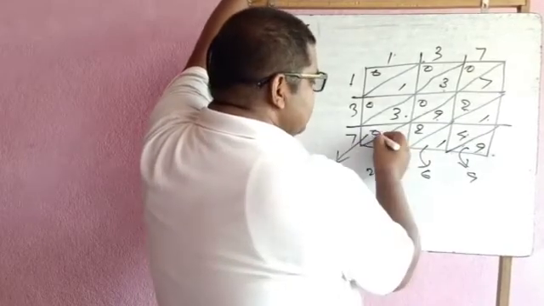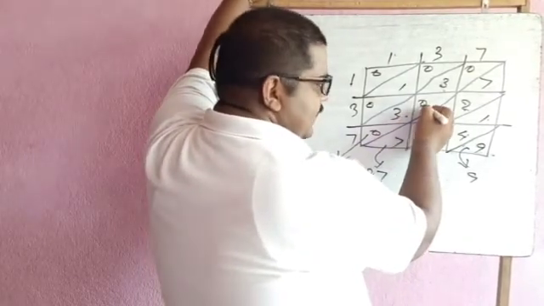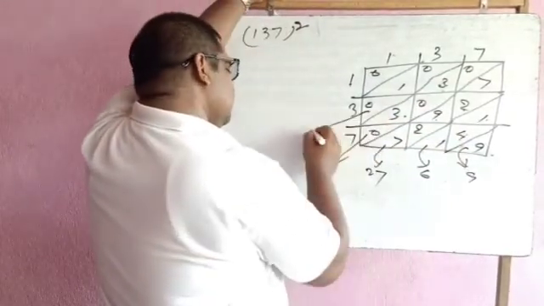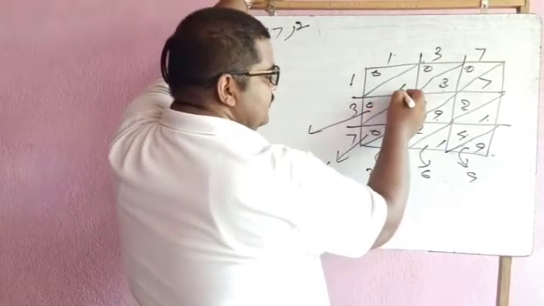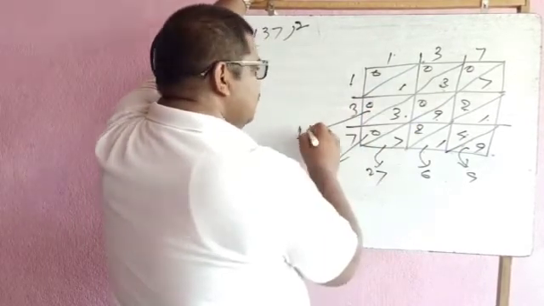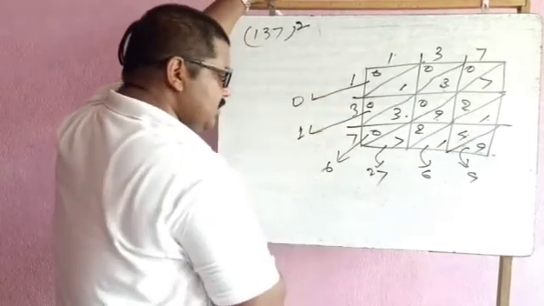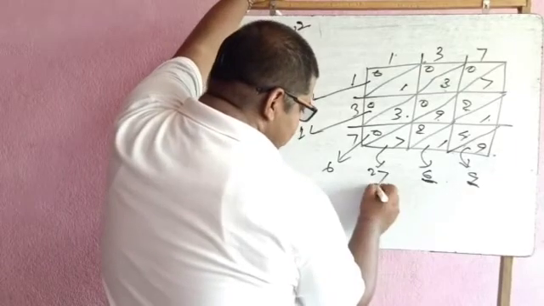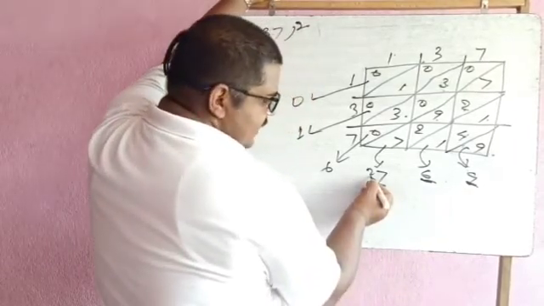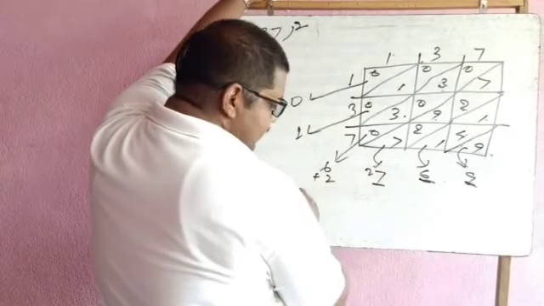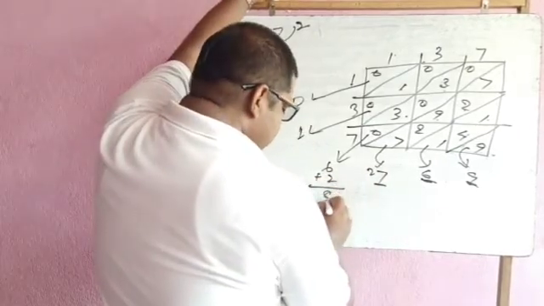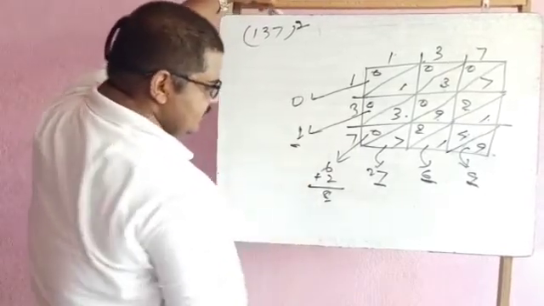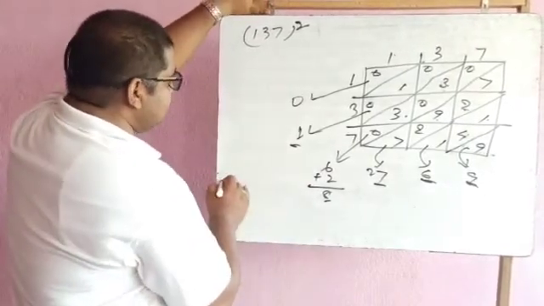In this case, 0 plus 3, 3 plus 0, 3 plus 3, 6, 6 plus 0 is 6. Now, next one, 0 plus 1 is 1, 1 plus 0 is 1, and that is 1. And now you have to pick up 9, 6, 7, and what is the carry? 2. So you have to add it to the next number, and it becomes 8, and no carry. So you can see that the final result is